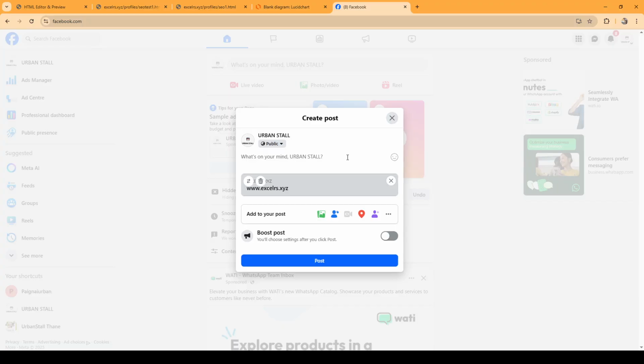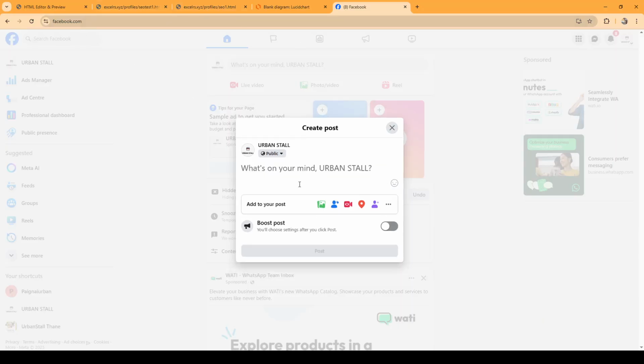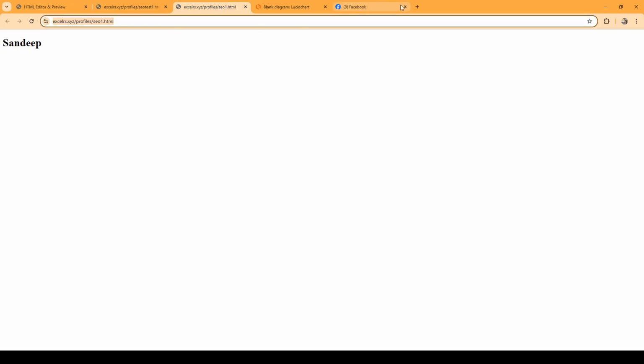As I told you, Facebook and other social media want to have OG tags so that when you share your page in social media, they can show a preview of your page, and that preview information will come from these OG tags. So suppose this page, if I share here,